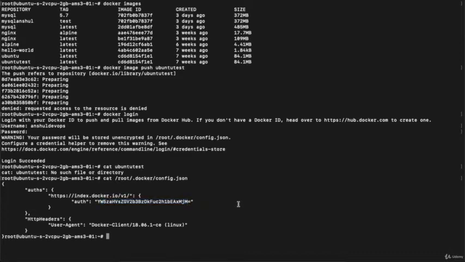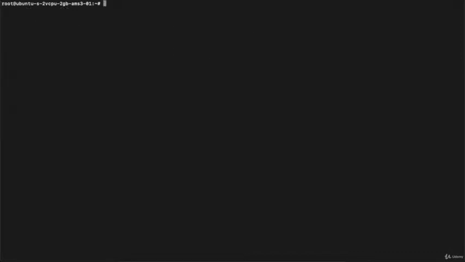And how can we remove this key? You need to execute the command docker logout. It will automatically remove this particular key, this particular JSON, from your machine, right? Now I will try to upload my image with the command we were executing earlier. For this, I will clear my console and again execute the command.